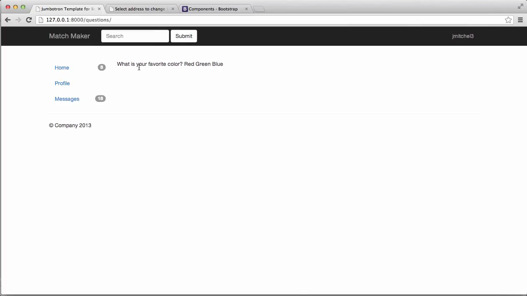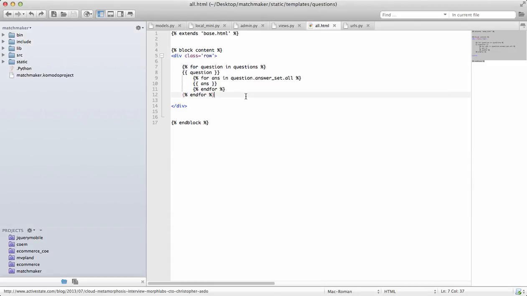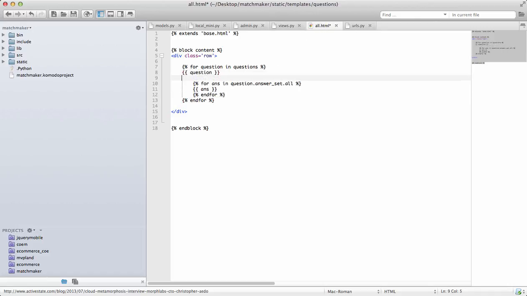Okay guys, so in this one we're going to turn this into a fully functioning form so they can actually make a selection on the answers. So what we need to do is go into Komodo Edit. Let's just jump back into all, and underneath question here we're just going to do form method equals post action. For now we're just going to have it submit locally